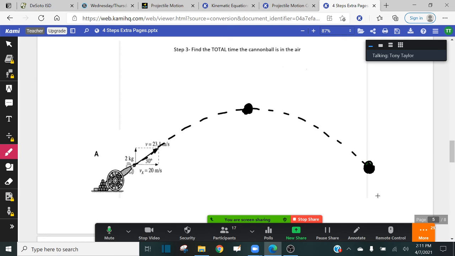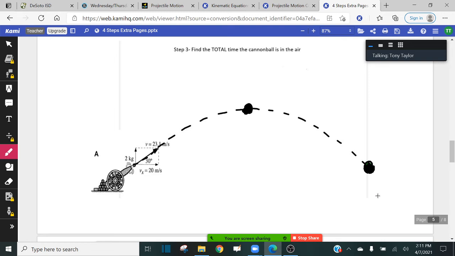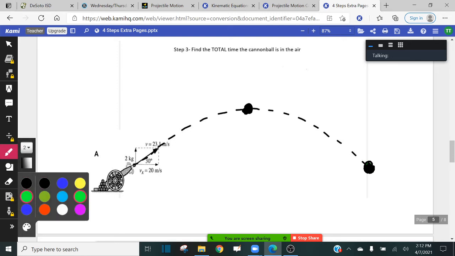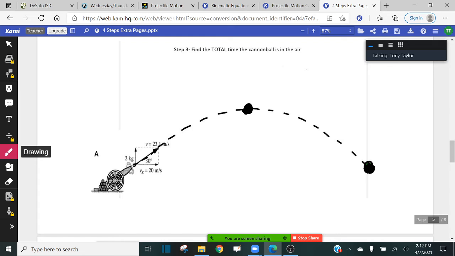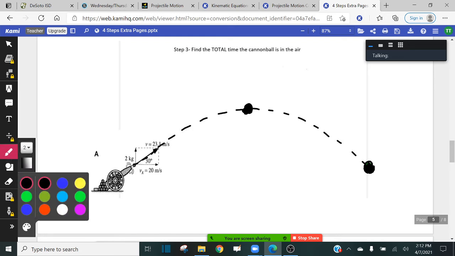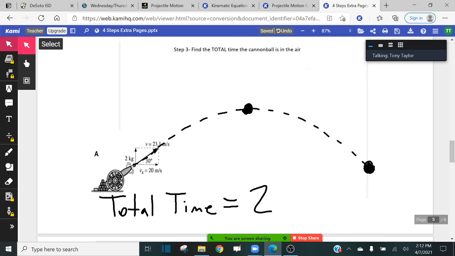Yes, multiply by 2. Thank you, Iman. Yeah, multiply by 2. And yeah, James, you got the right idea. So on step 3, in order to find the total time a cannonball is in the air, you're just going to multiply by 2. That's all you would do. So in order to find the total time, again, the total time the cannonball is in the air is just equal to 2 times